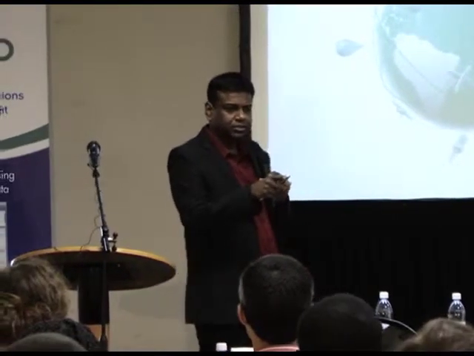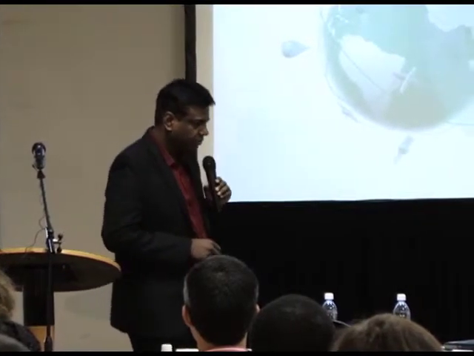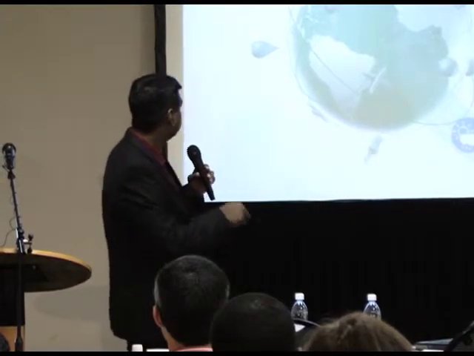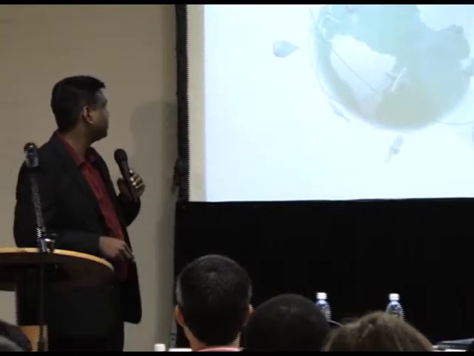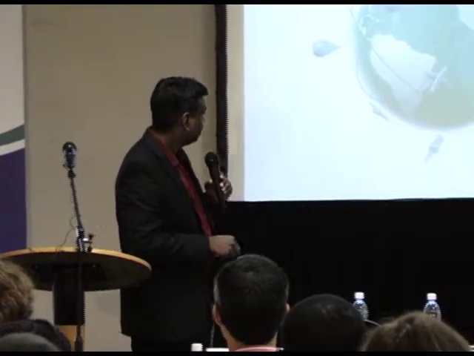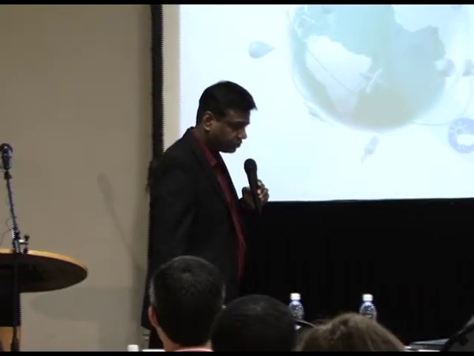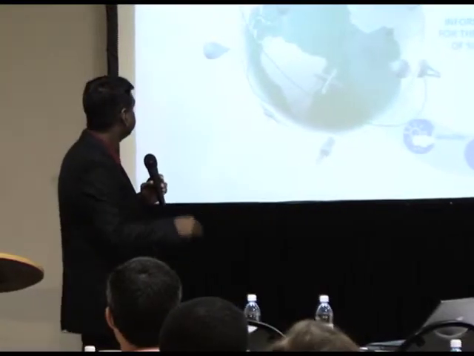If you read the 10-year implementation plan, I think there's a booklet out. I saw that in the exhibit next door. What GEO was trying to do through this plan was trying to unpack this whole system. And so it came up with these 9, what we call societal benefit areas, that look at health, energy, climate, the ecosystems, biodiversity, water, weather, and so on. So those are the 9 societal benefit areas.